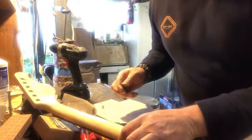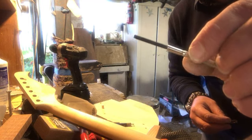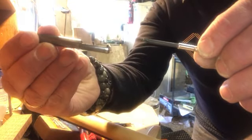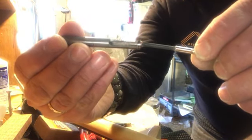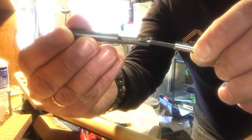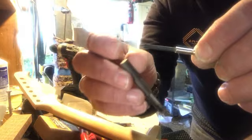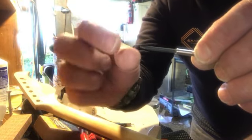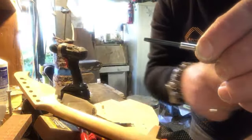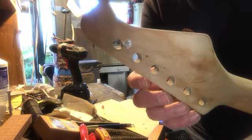Now what happened was, if you can imagine this, I'll get out a screwdriver. Can you imagine this is a screw which has been broken off? The idea is that this piece slots over and it cuts around it and creates a hole. Once you've cut a little bit, making sure you don't go all the way through to the other side of the headstock, it creates a cavity around the screw which you can either pull out or just snap off, and it'll come out of the hole. And once you've done that, you're left with a hole which I have filled with a little bit of wood glue,